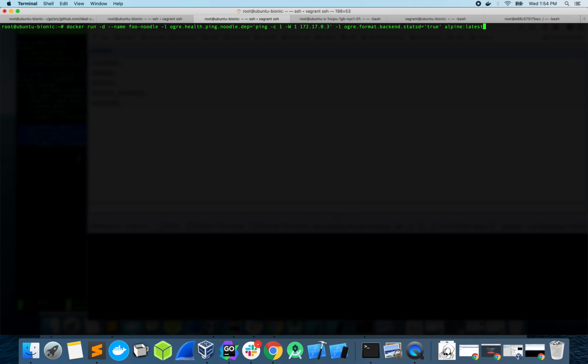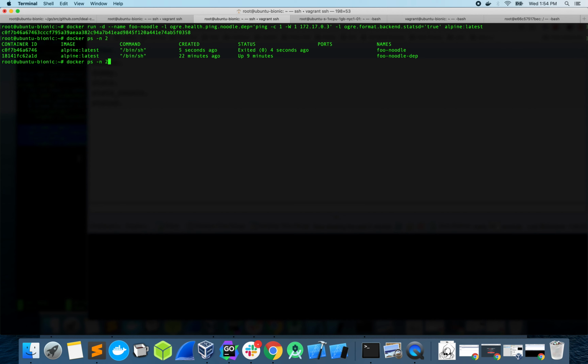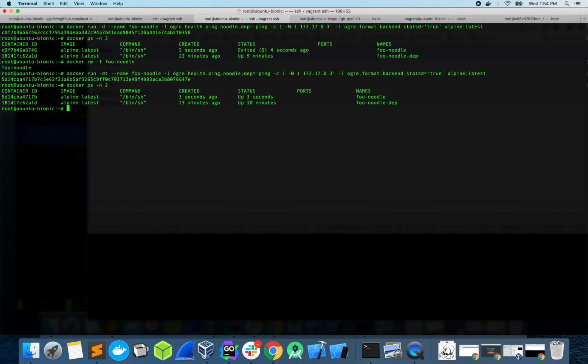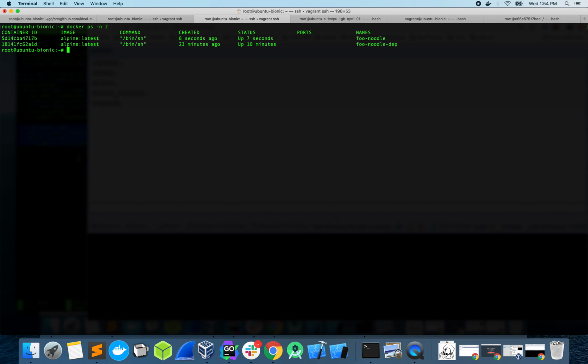So let's go ahead and start that container, and we'll do a docker ps for the last two running. Oh, our foonoodle container did not run. It's probably because we have to remove that first. Foonoodle. And we need to make that y. All right. So now that we have our two containers running,